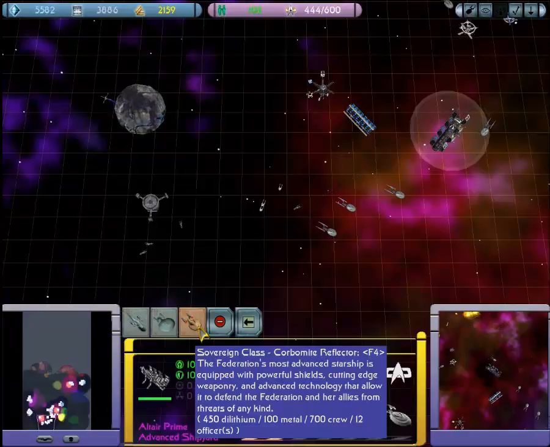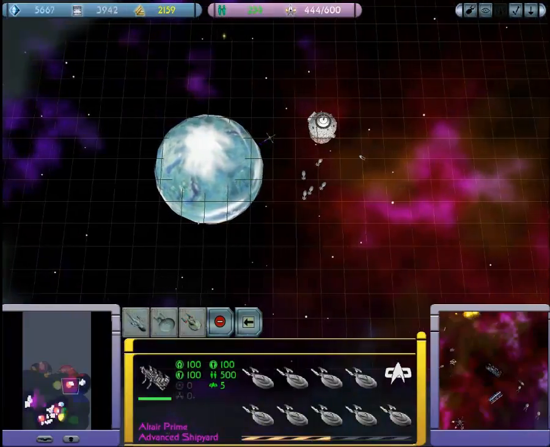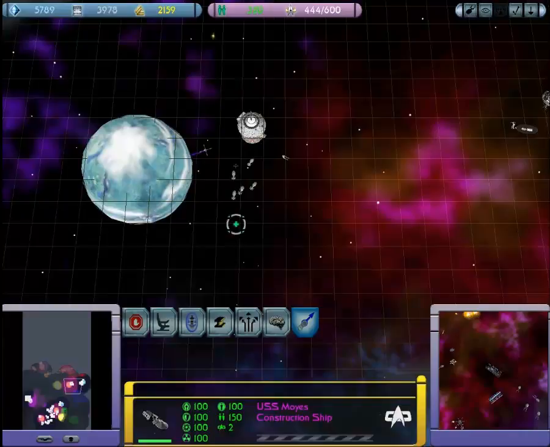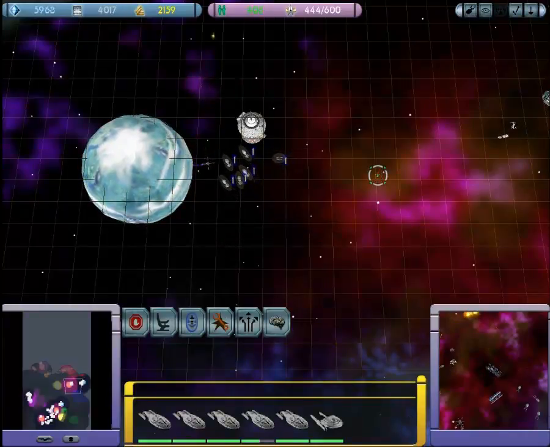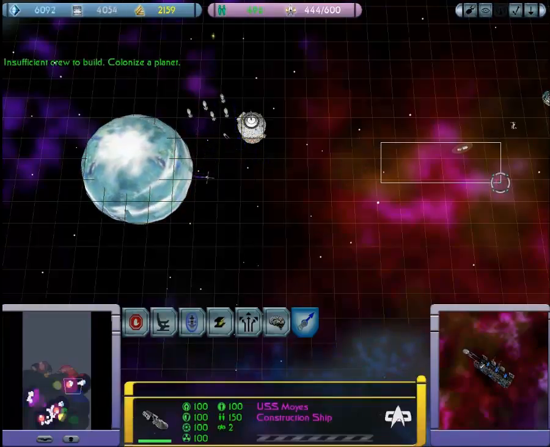That's an awful lot of ships. I kinda like the idea. Sovereign class ships are basically the Federation's ultimate weapon for the most part. It's weird how they were designed. Originally it was going to be the Galaxy class ship from Next Generation,